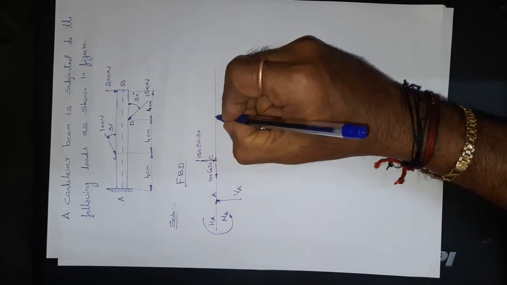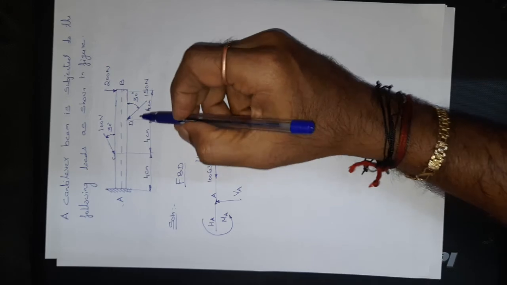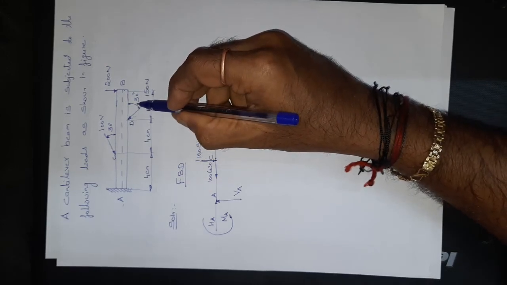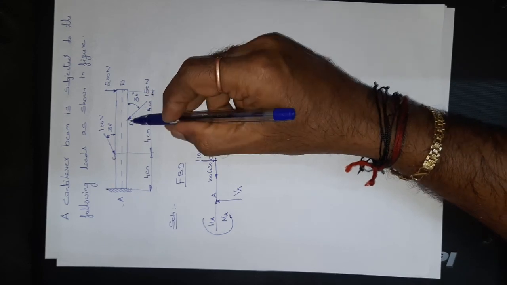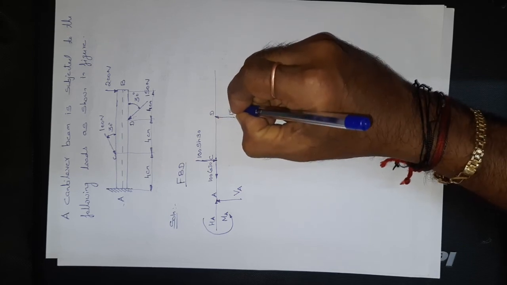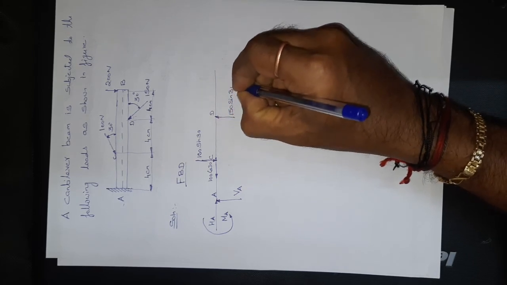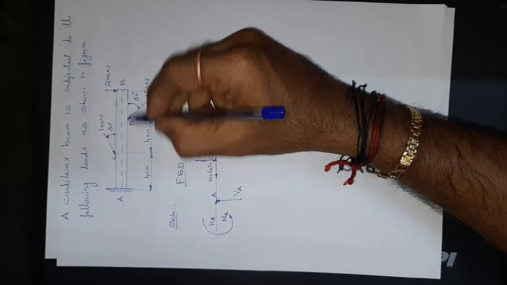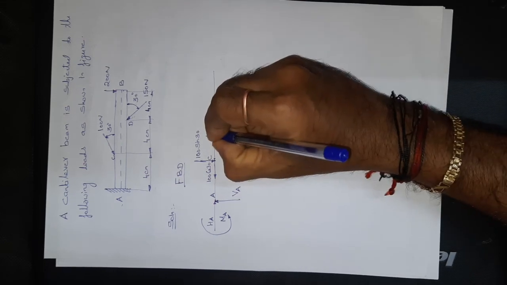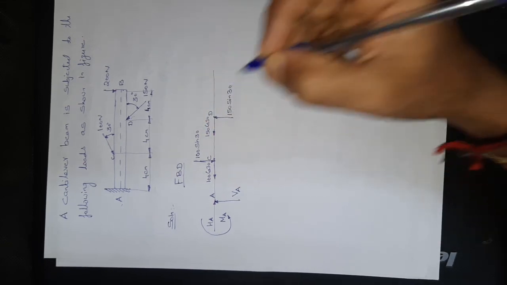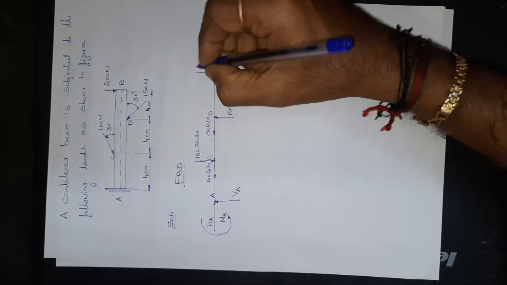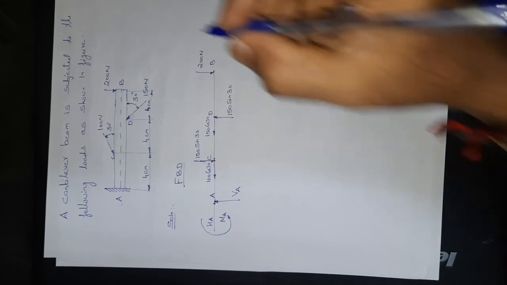Let me move to point D, where the force is inclined at an angle of 30 degrees, and its vertical component could be in this manner, of magnitude 150 sin 30, and its horizontal component could be in the minus direction, of magnitude 150 cos 30 degrees. And at point B, a vertical downward force is acting of magnitude 200 Newton.